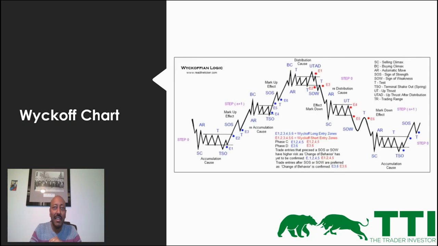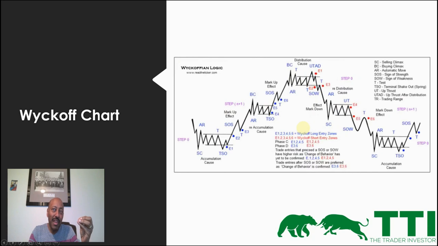First, let's define accumulation, let's define distribution. Usually accumulation happens after a down move, a strong down move. Then there's an area of accumulation before institutions come back in and take the price up again. Then there's distribution. When they're done taking it up, the price comes back down. Now, there are a couple of things that could happen in the middle. There could be a reaccumulation, there could be a redistribution, right? So it's taking a breather and then it continues its trend. So it could be up or down.